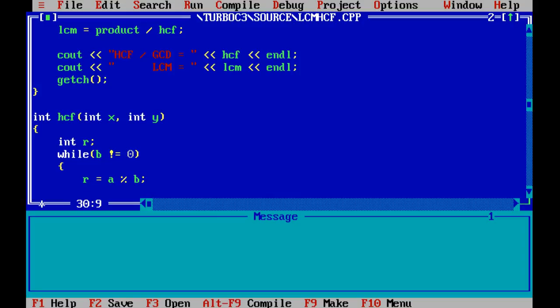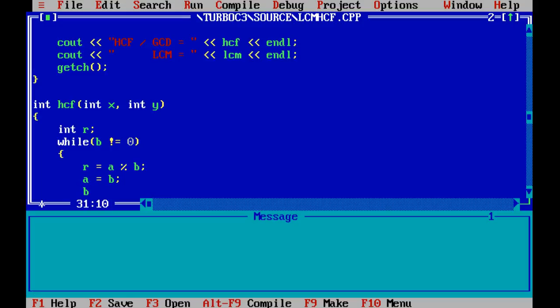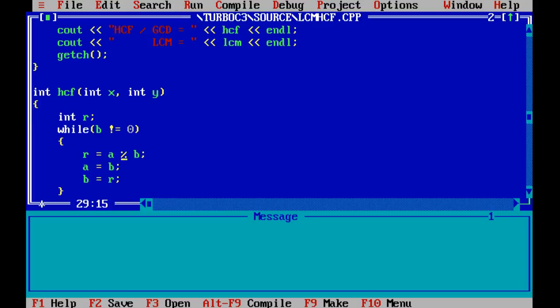So R contains the remainder. Now what do we do? Let A equal to B. Store whatever is there in B into A, and store the remainder into B, right? So now think carefully.